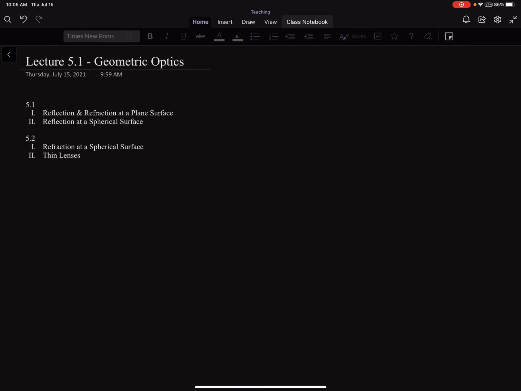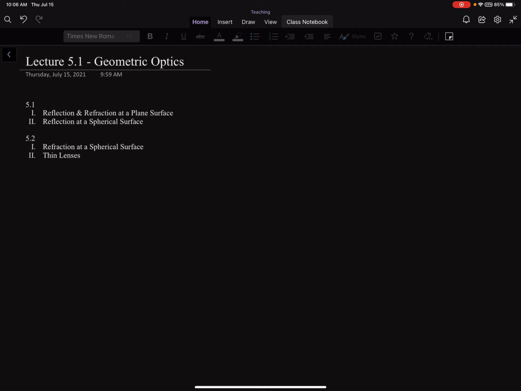Okay, so last lecture we got a little baby intro to geometric optics. We talked about the basics of reflection and refraction. This chapter we get much more into the details, and I want to give you a game plan of what's coming up here. I'm splitting this geometric optics topic into 2 lectures because there's so much to talk